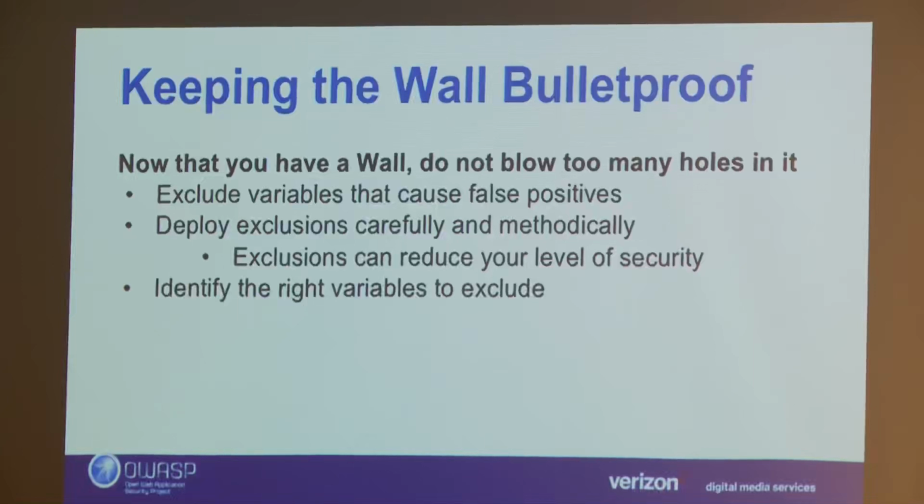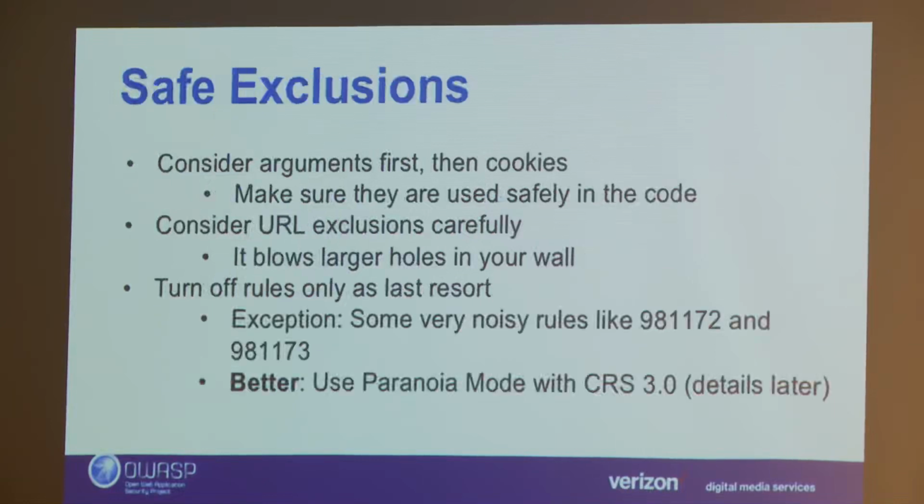So we start with excluding the variables from particular rules. We could exclude some variables and cookies from either particular rules or all rules, and we will disable the rule as a last resort if we have to. There are some rules that just don't belong there, especially with Core Rule Set prior to 3.0. There are some rules like the ones listed here,